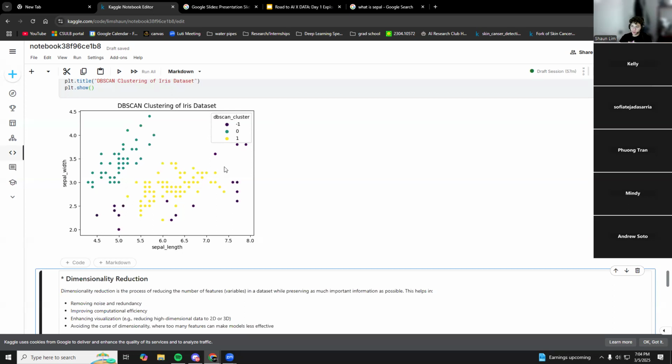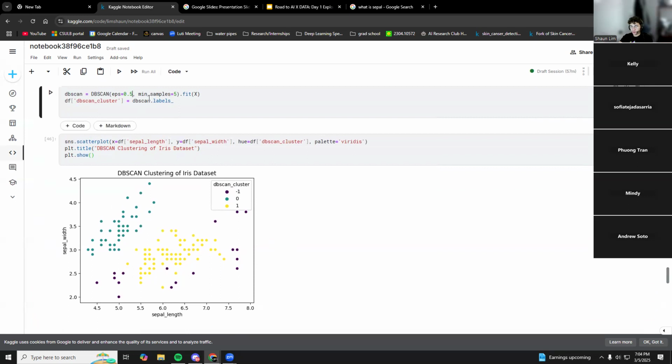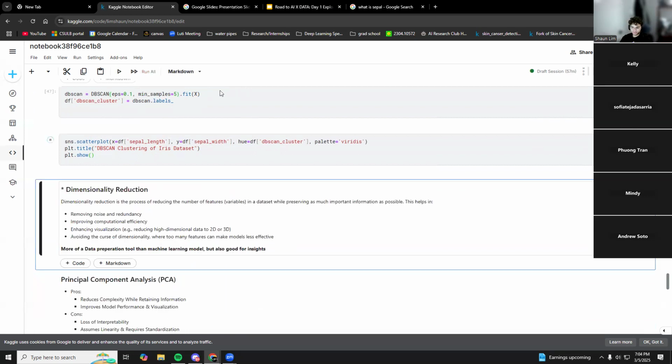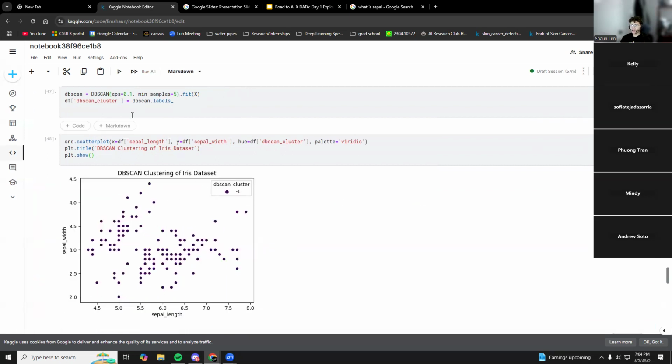But yeah, so -1 means that they're outliers, which is super useful, and k-means actually struggles to identify outliers. And then it put them into these two different clusters. And if we play around with these variables to show their sensitivity, for example, if we do 0.1 for epsilon, and keep minimum samples the same, all of a sudden everything is an outlier because nothing's close enough. Or if we do 1 for epsilon and minimum samples 5,